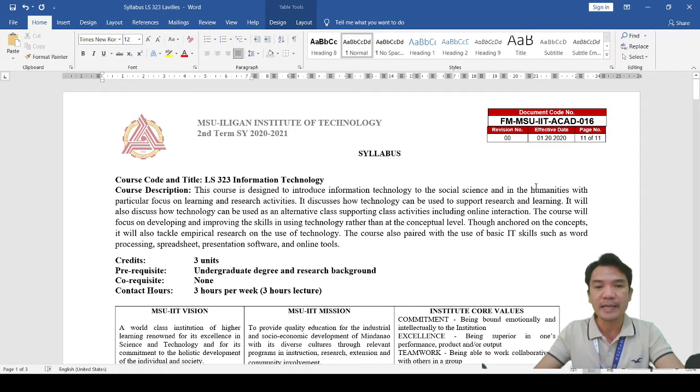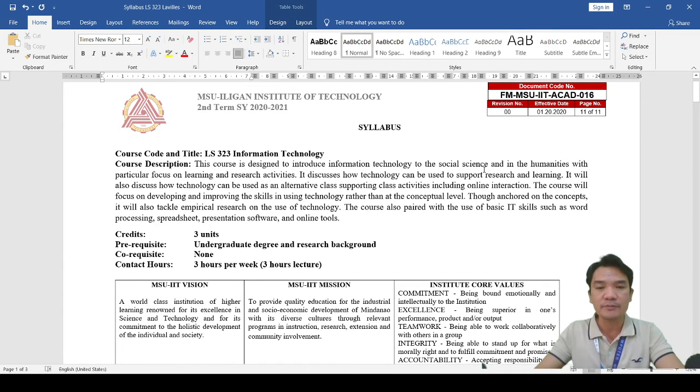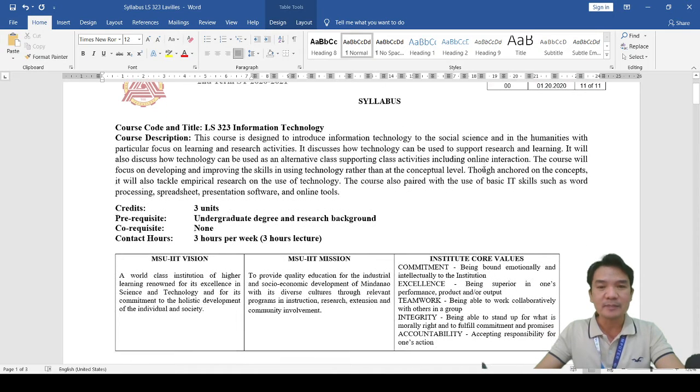This is a syllabus formulated for LS 323 Information Technology, and this is commonly equated to information technology that will support learning and research. So let me start with the